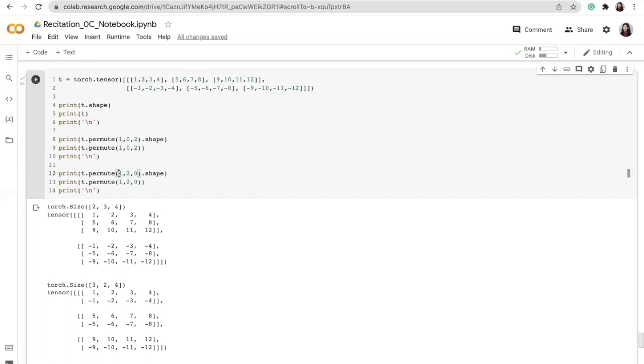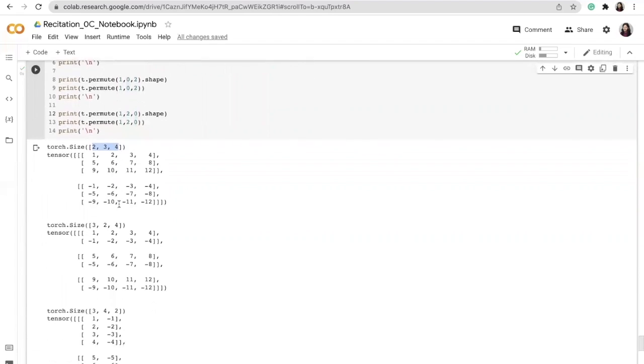And in this one, you can see that we are exchanging all three dimensions. So in the 0th index, I want my first axis. In the first index, I want my second axis. And in the second index, I want my 0th axis. So if the shape was 2, 3, 4, now on the 0th position we have axis 1, so it will be replaced by 3. In the second place, we have axis 2, so it will be replaced by 4. And then finally, at the third position, we have the 0th dimension, which is 2, so it will be replaced by 2. So now the new shape will become 3, 4, 2.